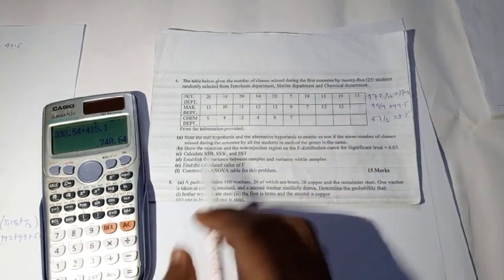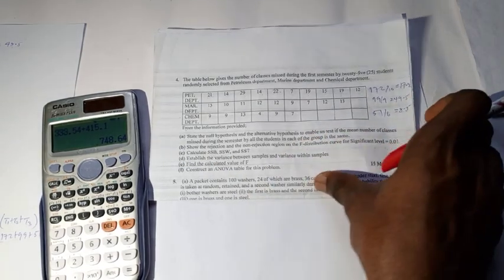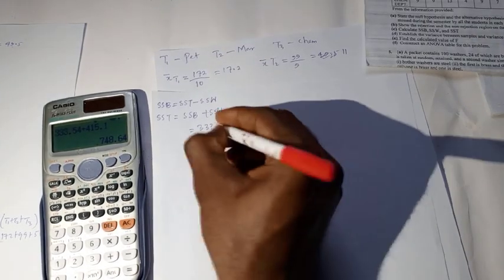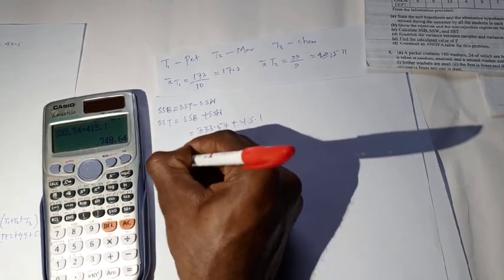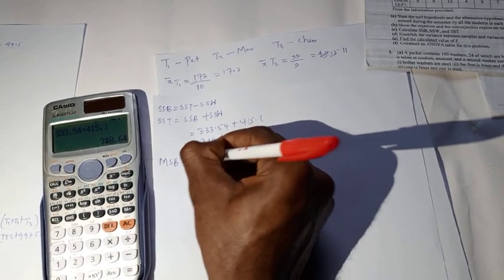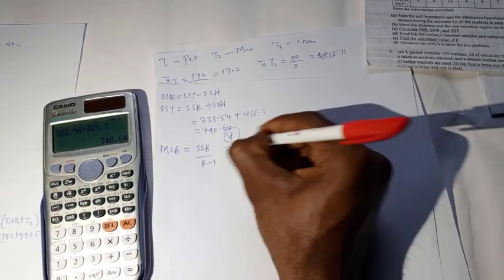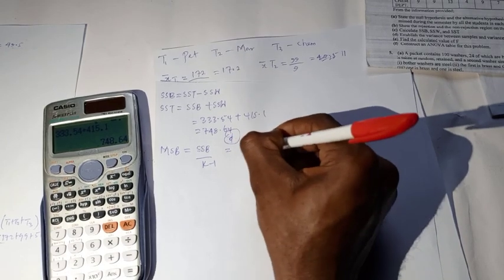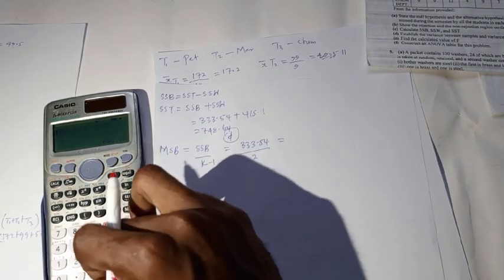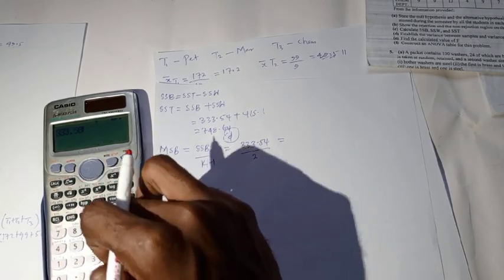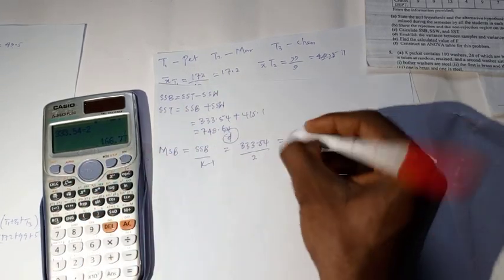Now let's continue. For the next part, D, we establish the variance between samples and the variance within samples. The variance between samples is MSB, and MSB is equal to SSB divided by K minus 1. Our SSB from what we have is 333.54, and our K minus 1, of course, is 2. If we divide that,